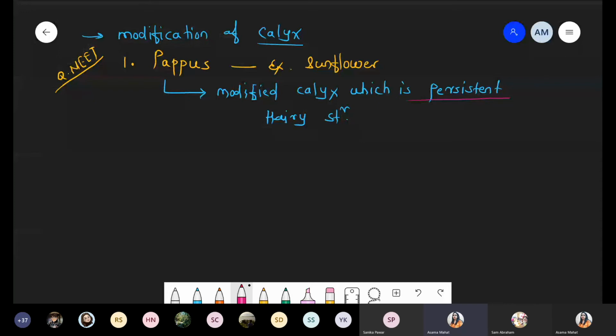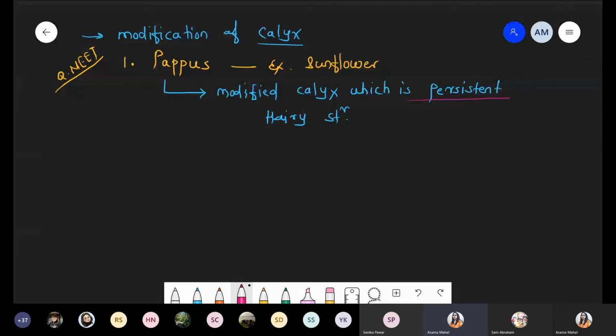Now if you see that on this structure, there are some hairy-like structures present. And now what happens when we harvest the sunflower? First of all, we dry it. जैसे हम उसको dry करेंगे, we have to remove that hairy structure. And once that hairy structure is removed, we obtain the seed, sunflower seed, or you can say sunflower fruit.